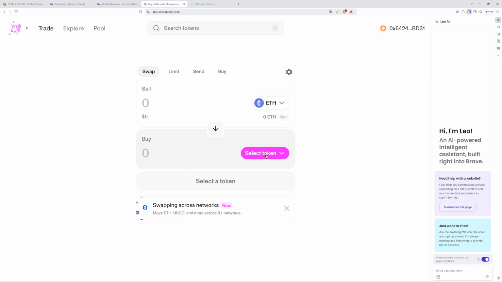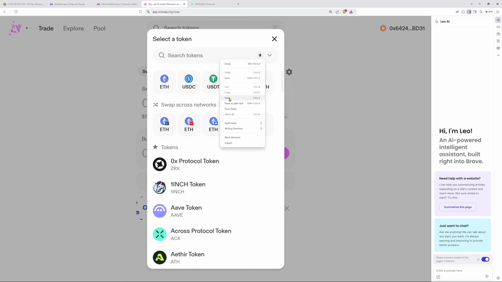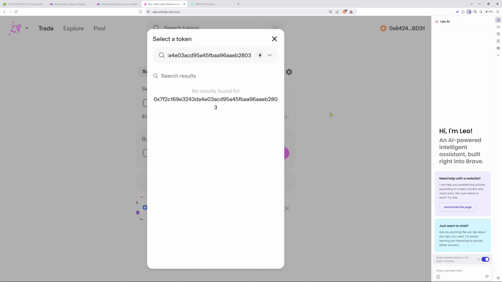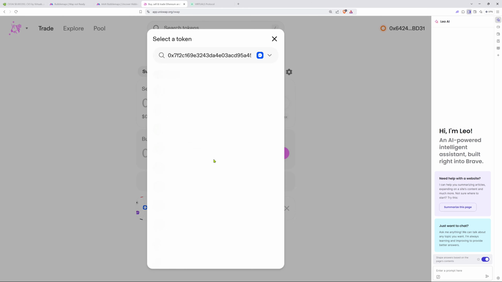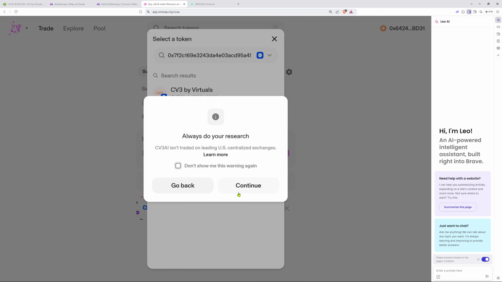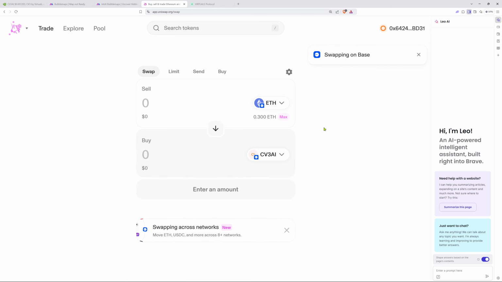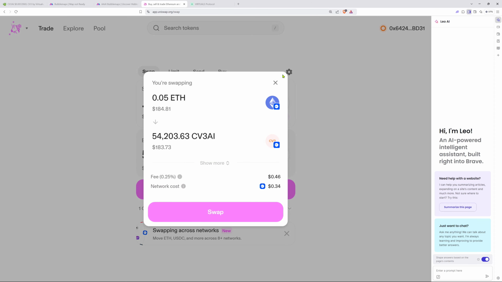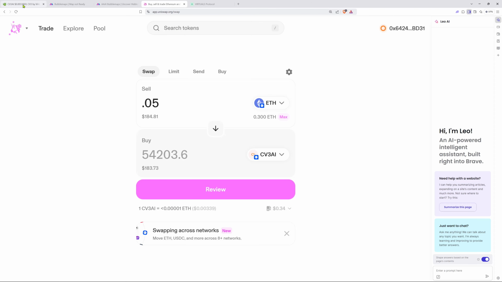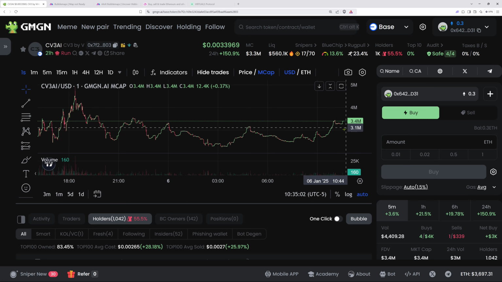Then you come back over here, then you open this, man, the price is going up, it's already gone up by like 50%. Then you got to click the right network, which is Base. There it is. Then you go like this. Then you continue again, and then you got to approve it, right? So, I got .eth. Okay, I want to buy 0.01. You're putting that in. By the time you're doing all of this mumbo jumbo, this price is going up. It's finalizing. You got to review it. You got to swap it. All of this stuff where you're missing out on the price, and other people are getting in on it fast.